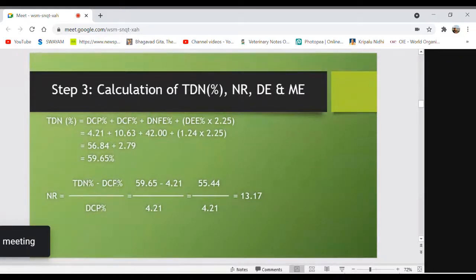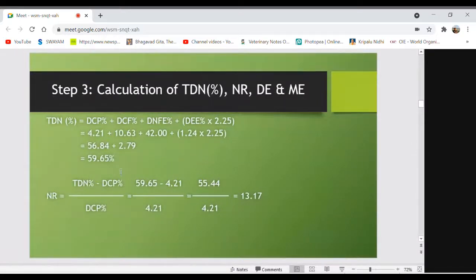So the non-nitrogenous nutrients will be DCF, DNFE, as well as DEE, and DCP will be the digestible nitrogenous nutrient. So since you have already calculated TDN percentage, you can directly subtract DCP from TDN percentage, then you will get the